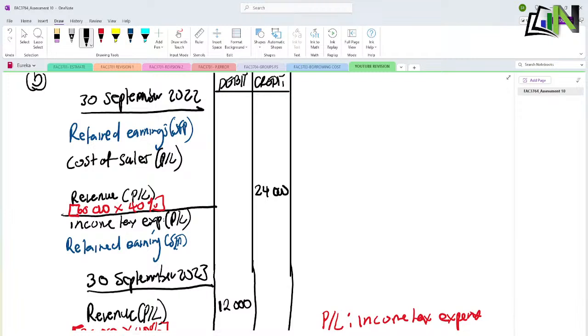Right, then the cost of sales. We take the 60,000 multiplied by, first let's calculate the cost of sales. If the profit was based on sales, so sales would be 100%. 100 minus 30 will be 70, so 70 over 100. What I'm looking for over what I have, multiplied by my share, 40% share. So 60,000 multiplied by 70 divided by 100. This multiplied by 40%. This will give us